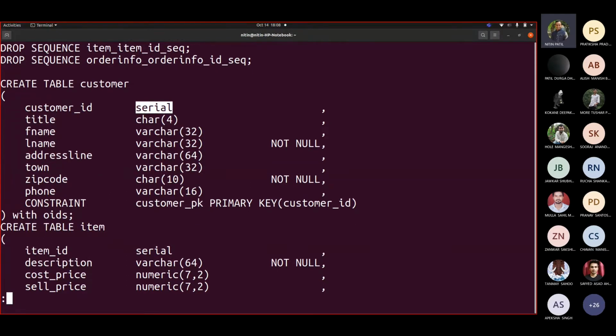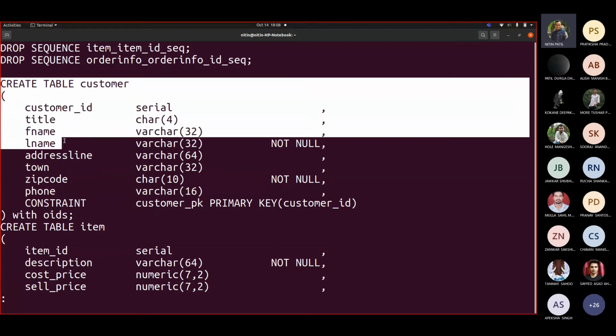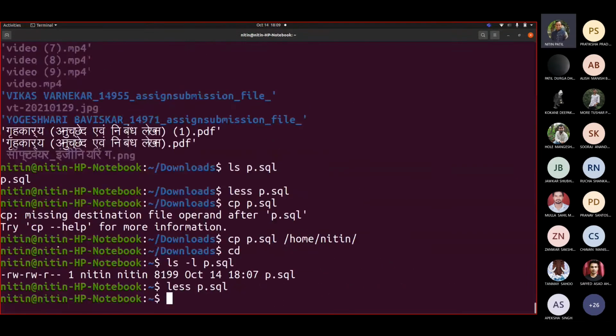So we are creating the table with OID. I'm adding constraints as well in my table definition. What you will do is copy this SQL statement and then paste. You are going to do that for every table, correct? So instead of it, let us see how I can use this.